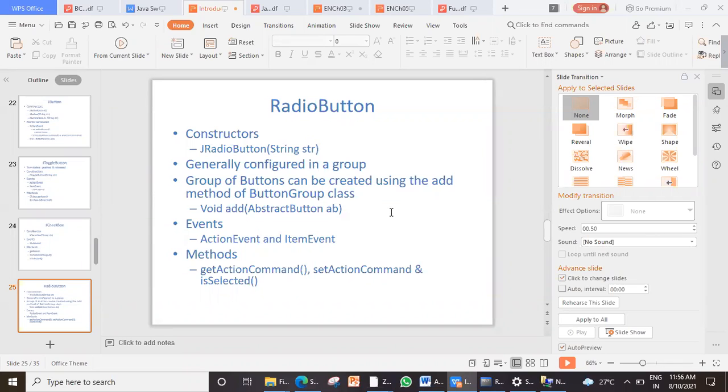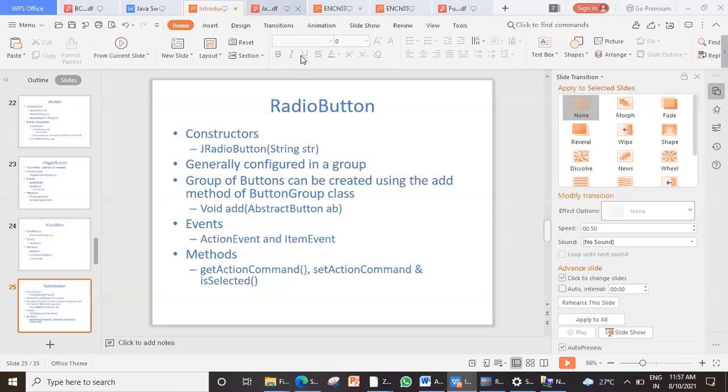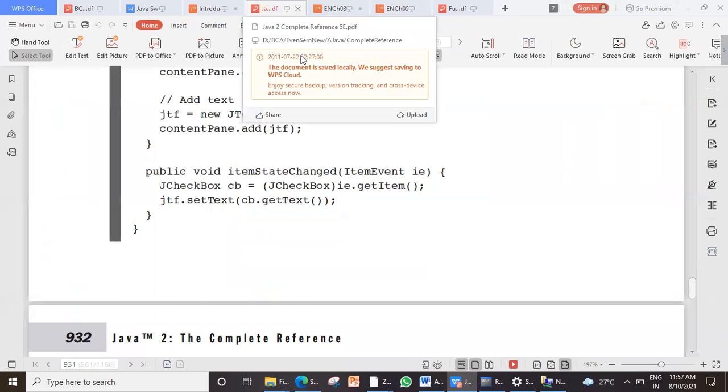Logical group means what? Like your student council is a logical group. Do they sit in some separate place? They will not sit together. Physically they'll be located somewhere else, but logically they belong to one group. Similarly, button group is one such logical group. How to create it? Let's see in a program. Clear? So first of all, you should create a button group, add them, then only they will behave as expected. Clear? Okay, so let's quickly see a program.